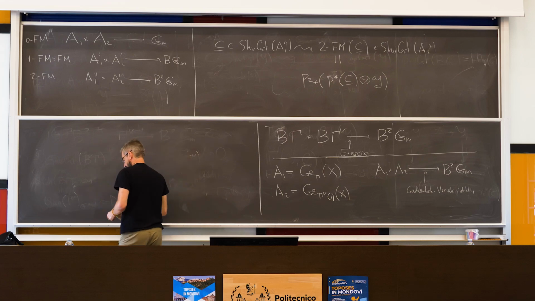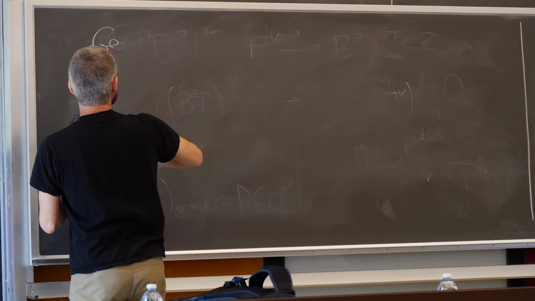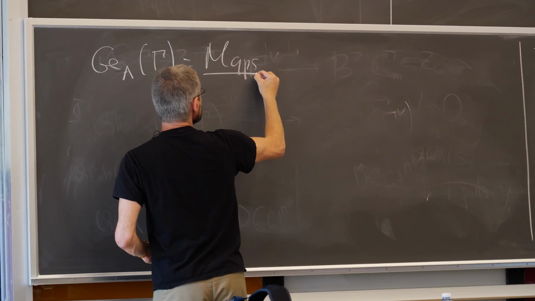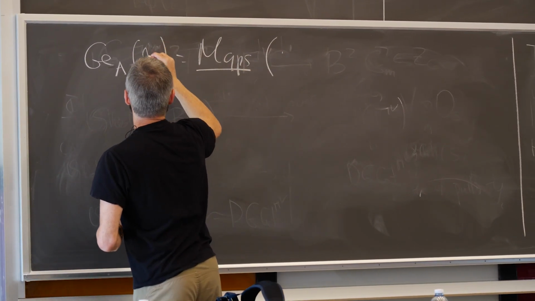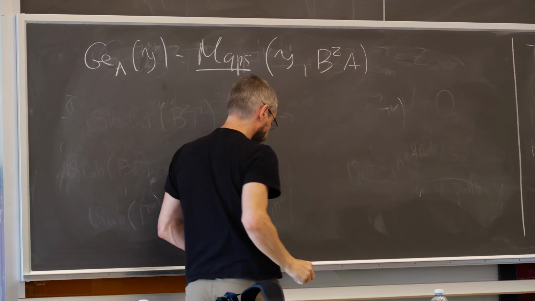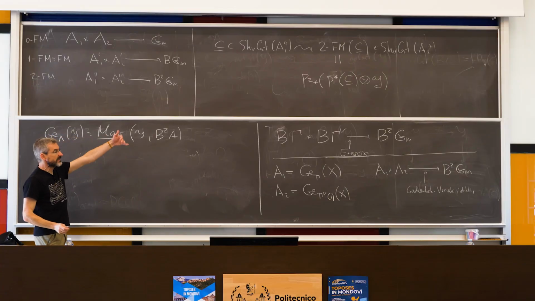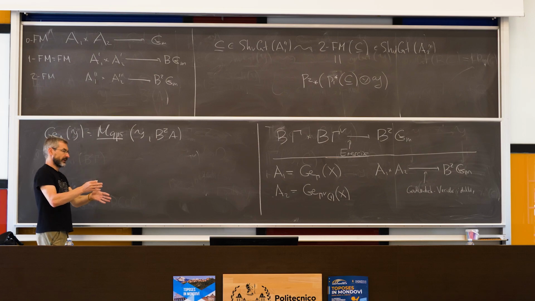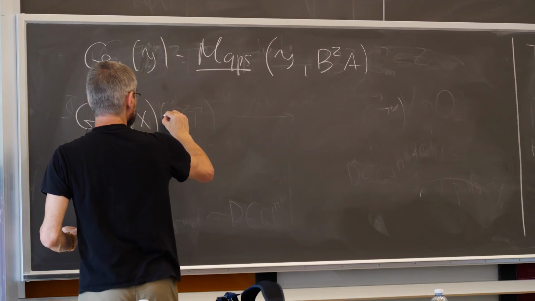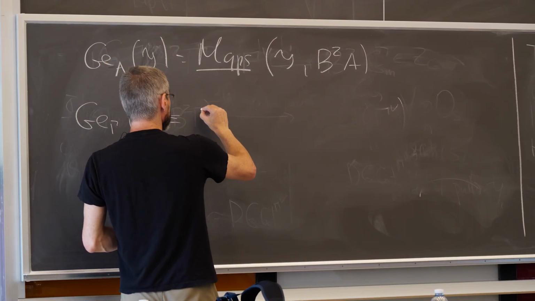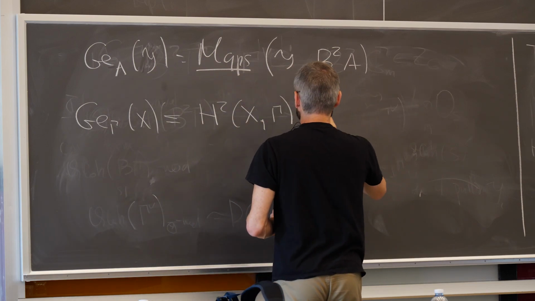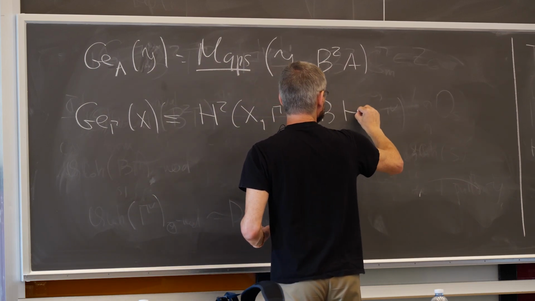So yeah, maybe I should have said before. When I write gerbs with respect to some A on gamma, all I mean is again the same old mapping stack from Y to B to A. So if you think of what this pre-stack of gerbs is on the curve, it non-canonically splits as a product. So like G gamma on the curve is a product of the finite abelian group, which is H2, times BH1